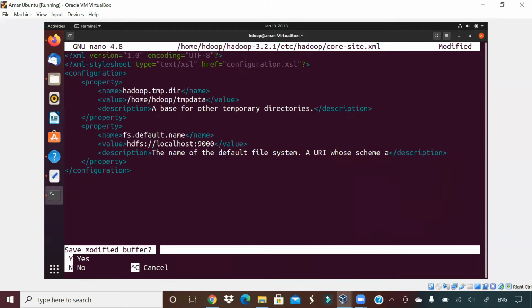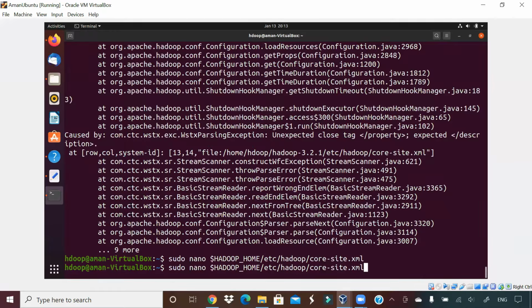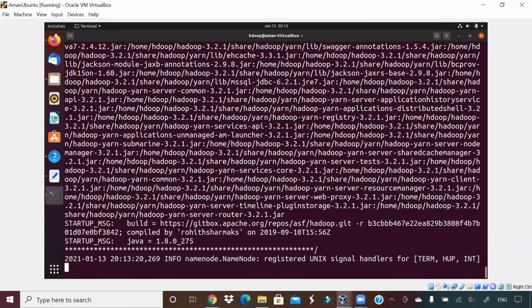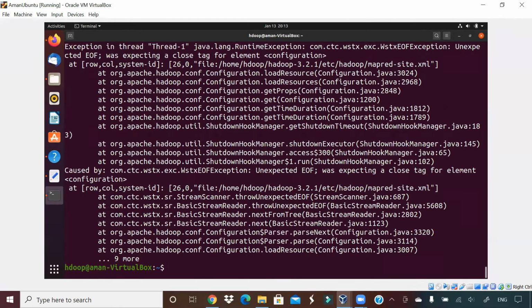Okay, let me try one more time to format the name node. So now I am able to run this. Mapred-site.xml is throwing some error. Unexpected EOF. Mapred-site.xml is giving an error.